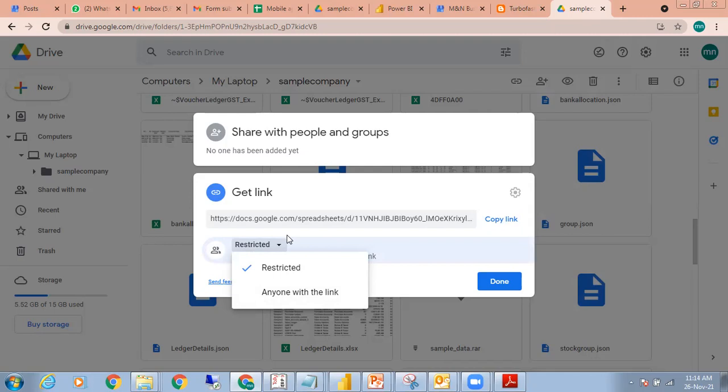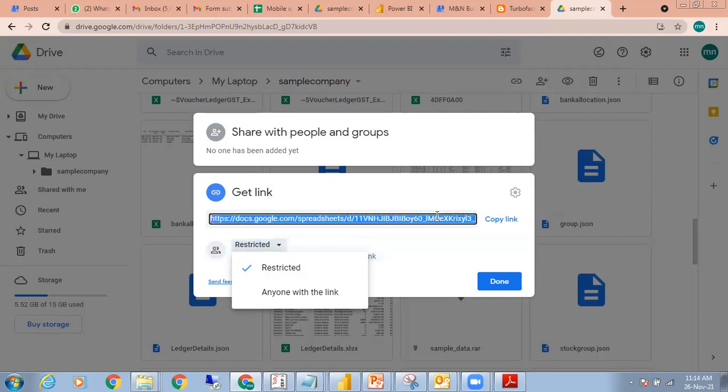So I have taken out the data from the Excel sheet, synced it with Google Drive, right? Now I can take this particular data, I can restrict it. Suppose I just want to give my stock position to all my internal people, right? So I can actually restrict it. And it's done. I copy this, and once I copy it, I can give this copied link to restricted selected people. So this is your raw Tally data.